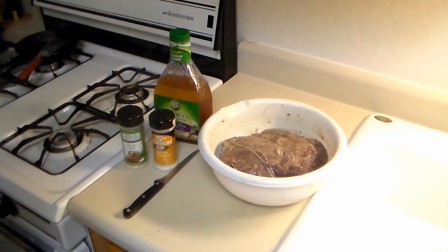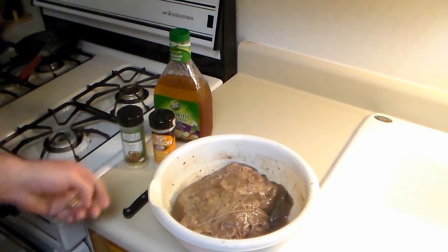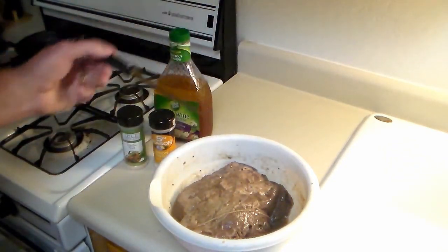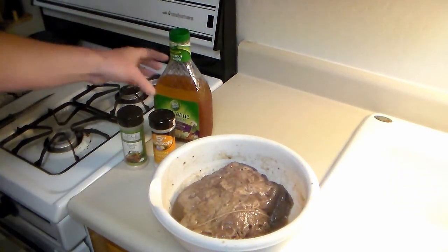I couldn't remember if I'd cooked one of these or not before, so I checked out a couple YouTube videos last night to see what to do with it, and they usually recommended marinating this. I guess it's probably kind of like a sirloin steak type of meat. So what I did is I took my knife here and I just poked it full of holes all over, all the way around on both sides, and then I marinated it in this